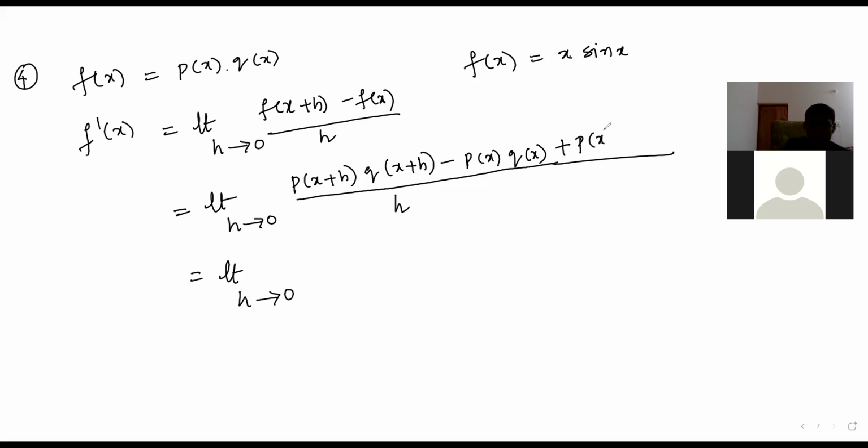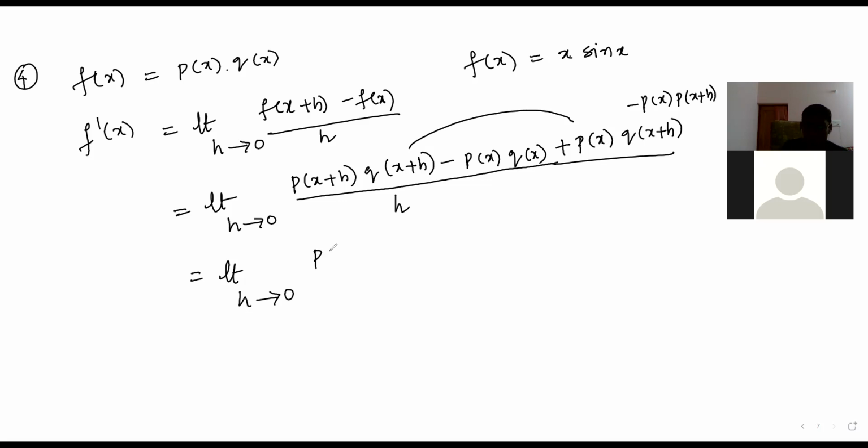P of x into q of x plus h. We have to add and subtract, I think. Minus p of x into q of x plus h. You have to add and subtract, and then from this we take